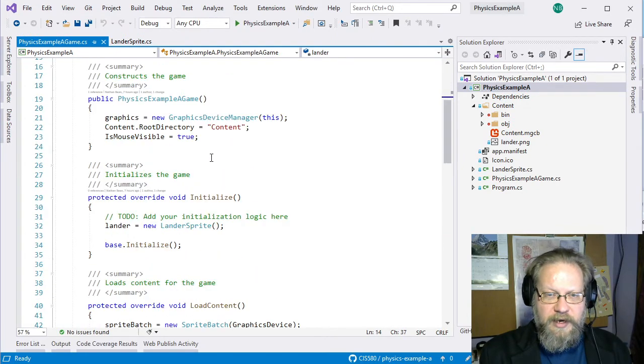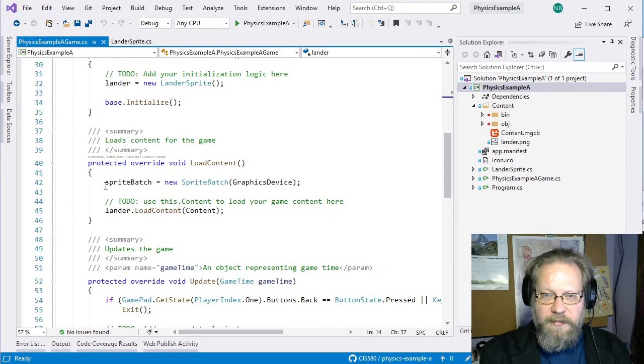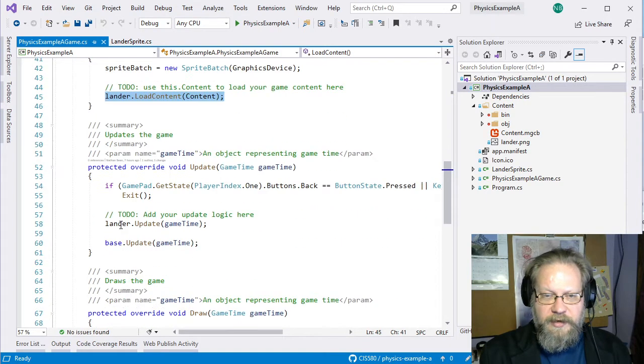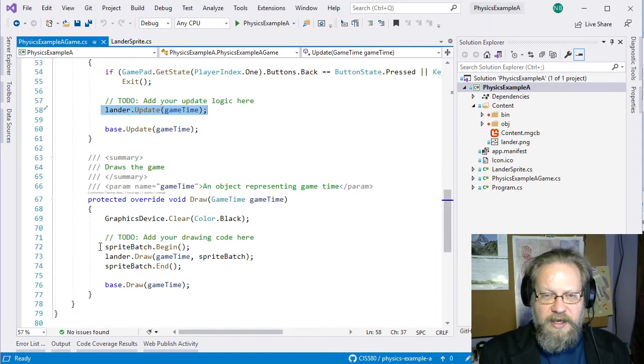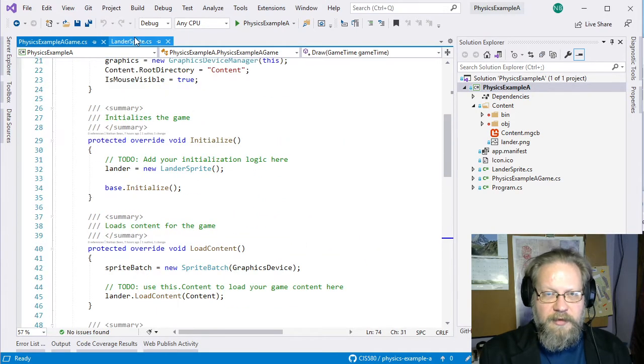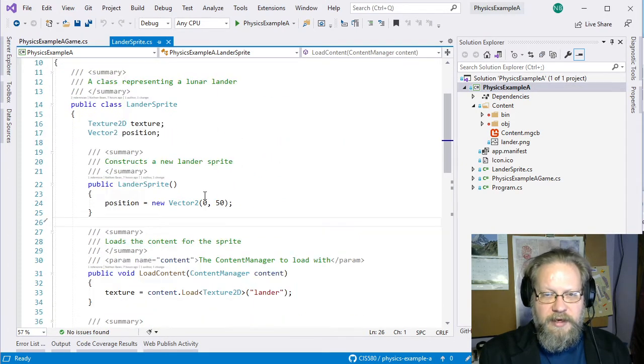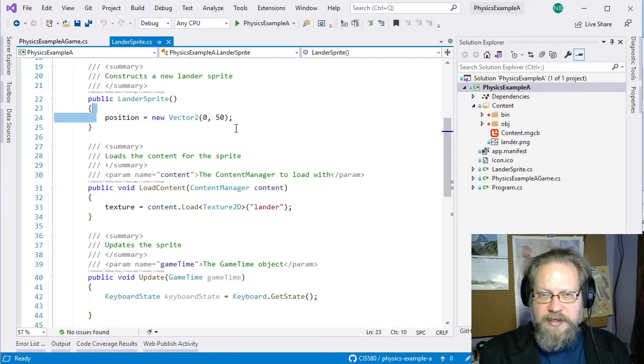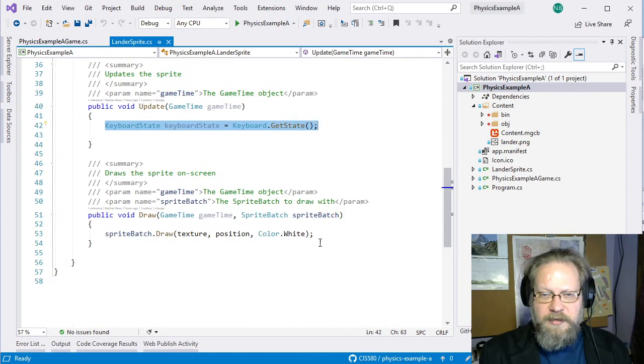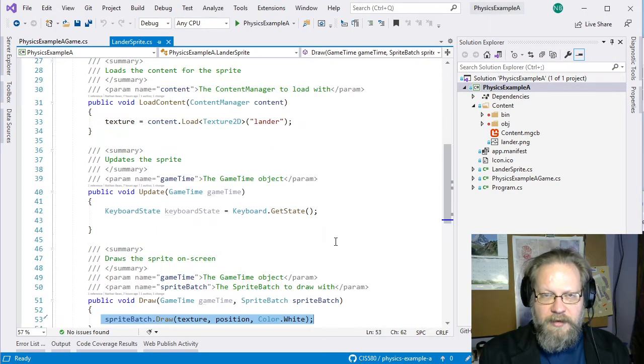We have a lander sprite. This should be fairly similar to what you've seen before. We load content with it, we update it every time through the game loop, and we draw it every time through the game loop. So nothing we haven't seen before. When we create it, we've got a texture and a position. We set it to be in that upper left-hand side of the screen. We set our texture, we update its position, and we draw it. Now,